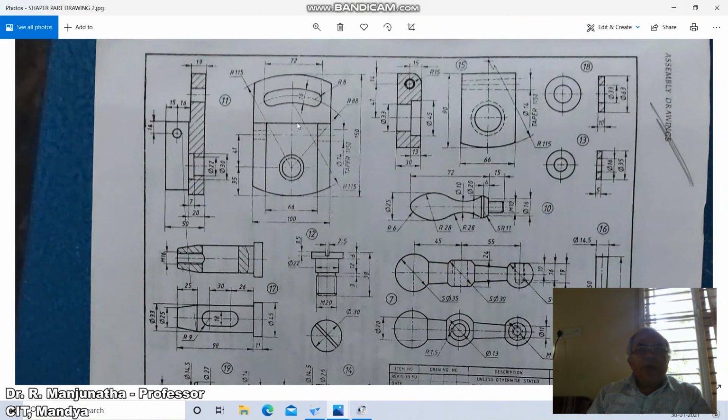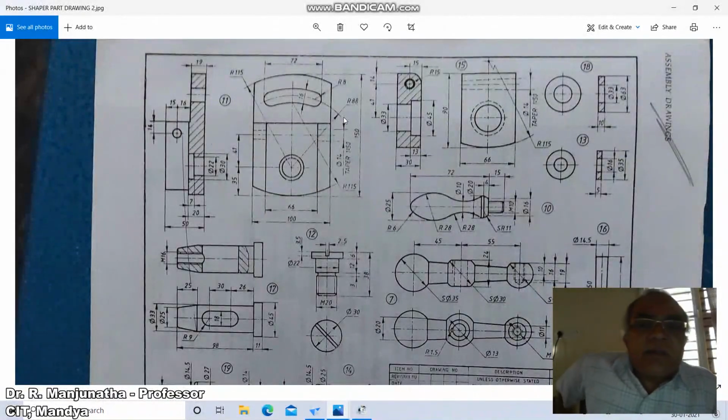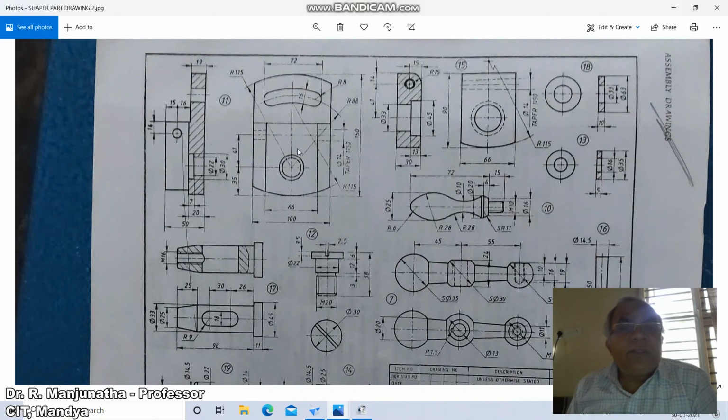To get this point, we need to have the dimension. That dimension which is from here to here, which is the radius, will not be getting here, but you can get this from here, which is of 90 mm. That is from here to here it is 90, because you can see here this dimension is 66 and this dimension is 66. So this portion is going to sit into this.